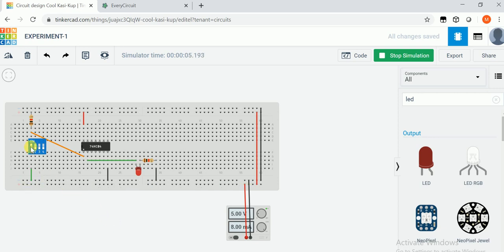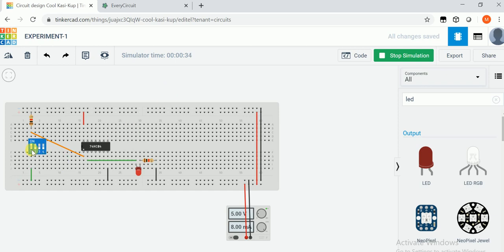you can see, if the switch is off, if it is up, that means switch is off. If it is down, that means switch is on. Okay, this is just like the switch we usually utilize in households. Okay, SPST switch. So this is up, that means the switch is off. Now the switch is off, that means 0 volt is applied here, and you can see the LED is glowing. That means output is high.